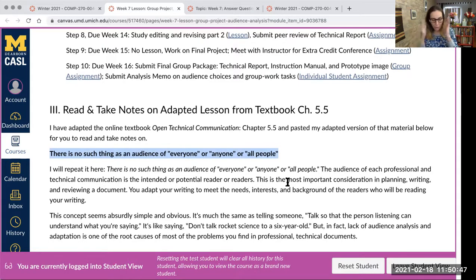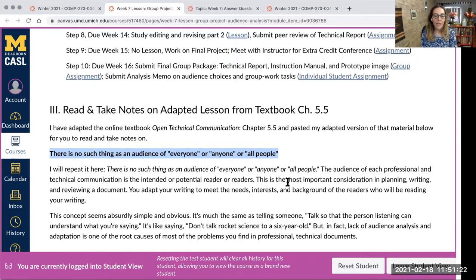We've talked briefly about audience analysis up till this point, but I want to go back to the assignment you had very early on, which was analyzing a document put out by the EPA, a government document about climate change. Many of you in that assignment explained that the audience for that document is any American, every person above the age of 10, all people concerned with the climate, concerned with the state of our planet.